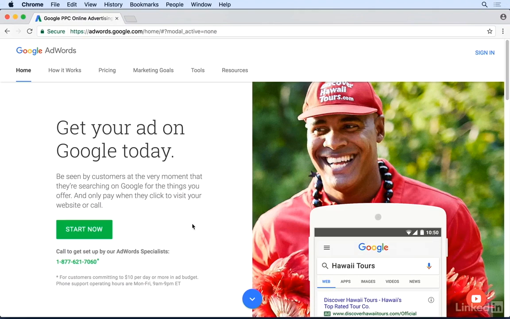In this video, we're going to take a look at the Google AdWords user interface and where some of the more important features are located. We're also going to talk about how Google AdWords is structured to make things easier when we create an ad